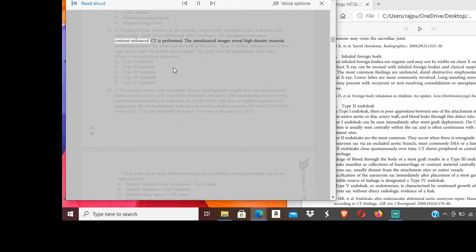An emergency dual-phase contrast-enhanced CT is performed. The unenhanced images reveal high-density material interposed between the stent and the wall of the aorta. There is further enhancement of this high-density area on arterial phase images. The graft and the attachments look intact. What is the most likely diagnosis? A. Type I